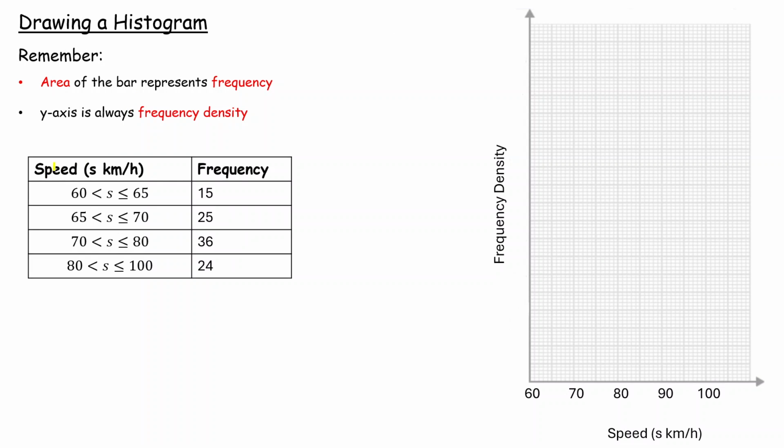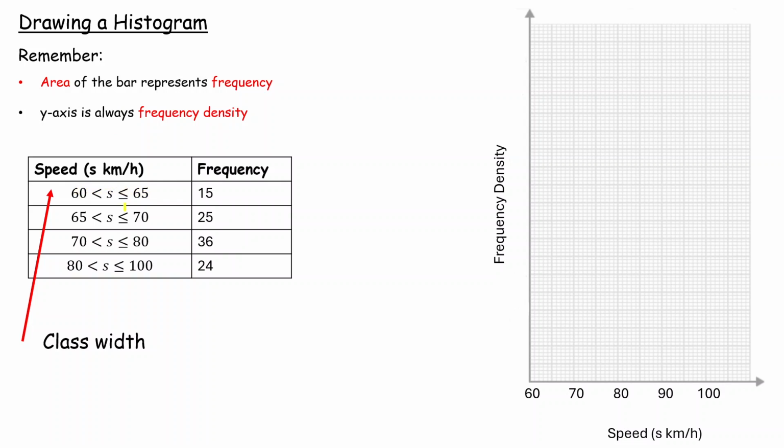So we've been given some data here, the speed of whatever it is, with some continuous data, so varying between 2 values. And just remember these key points here. Remember the area of the bar represents frequency, and the y-axis is always frequency density, which they've plotted for us already, which is nice. Okay, well, to begin with, we need to get the class widths of each of these